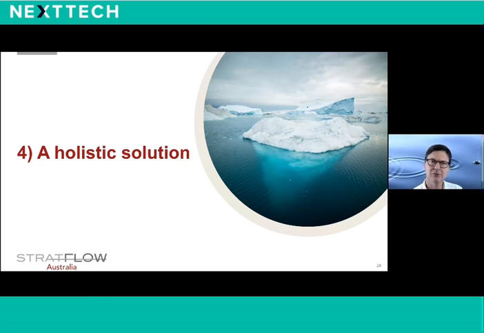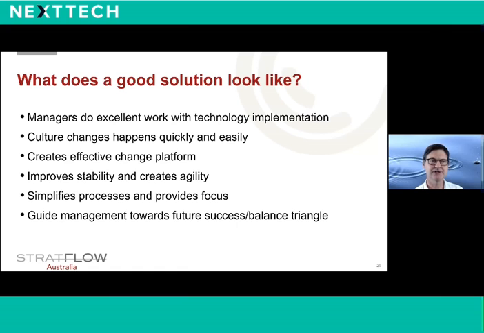So after all of that, we're now ready to propose a solution. And it's not nearly as difficult, I think, as it sounds, although it requires that we adjust our best practice strategy paradigms. And we've been doing this for more than 10 years. So what does a good solution look like? Well, if we want to ensure that technology implementations deliver the best value, we have to address the issues of culture and management failure that we highlighted.